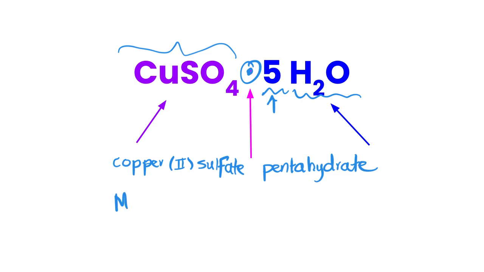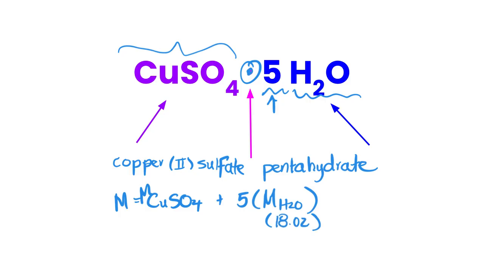If we were doing the molar mass of this compound, we'd take the molar mass of our copper 2 sulfate, and we'd have to add 5 times the molar mass of water to get our molar mass for our hydrate. So it's going to add 5 times 18.02 grams per mole to this molar mass. And so it's really important to be able to do this and be able to recognize we have a hydrate, because we do then tend to have to weigh out more of that ionic compound